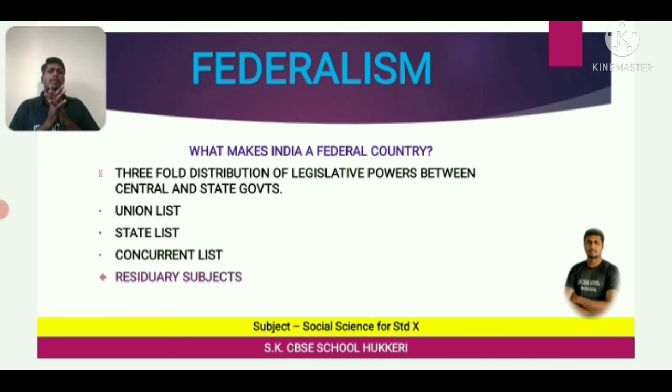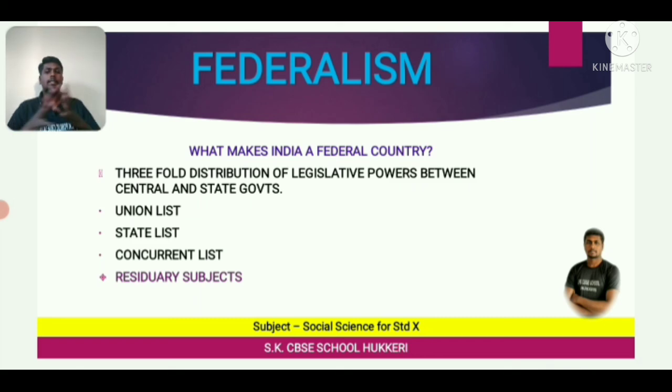The judiciary plays an important role in overseeing the implementation of constitutional provisions and procedures. Our judicial system plays a very important role in the verification and implementation of constitutional provisions, constitutional laws and procedures. Whatever provisions are there in the constitution, whether they are implemented or not, the judiciary will take care of that. So that's why the judiciary plays a very important role in this.